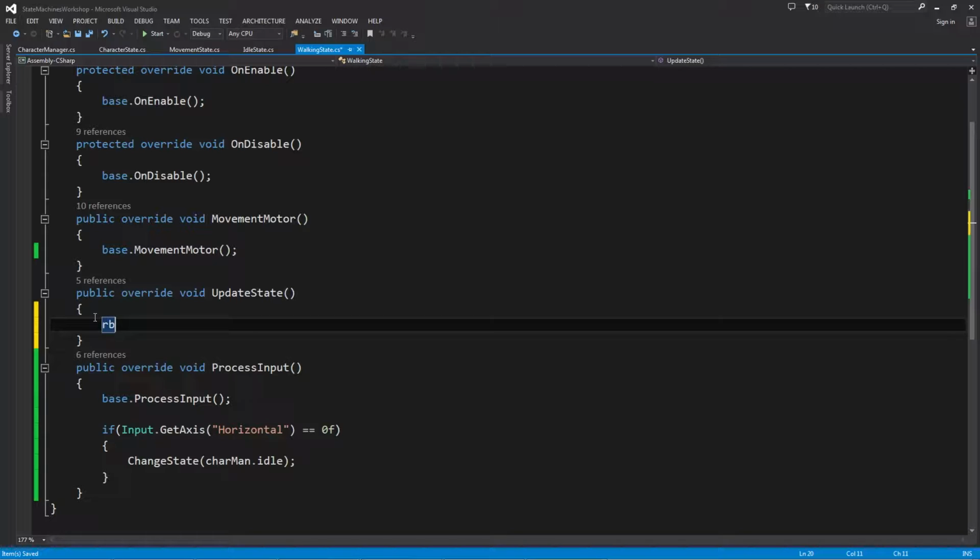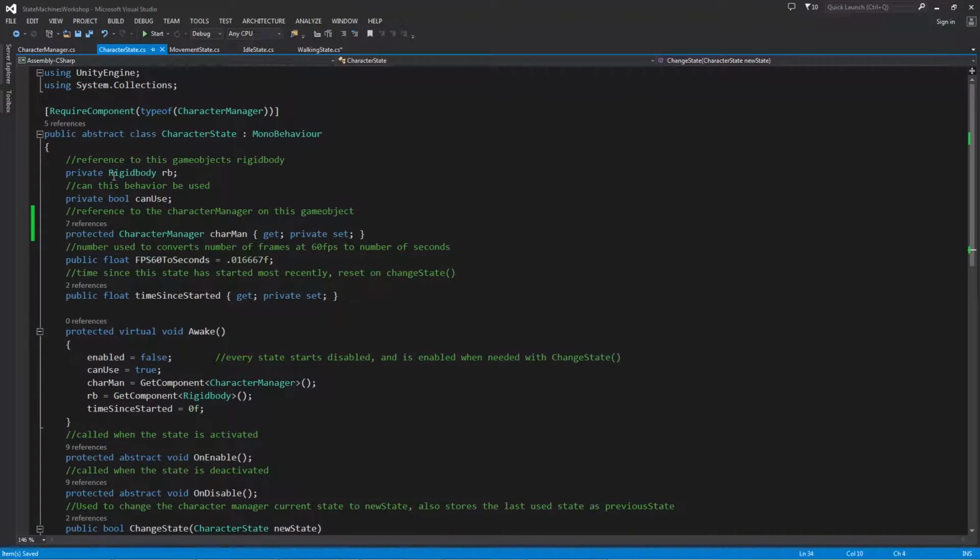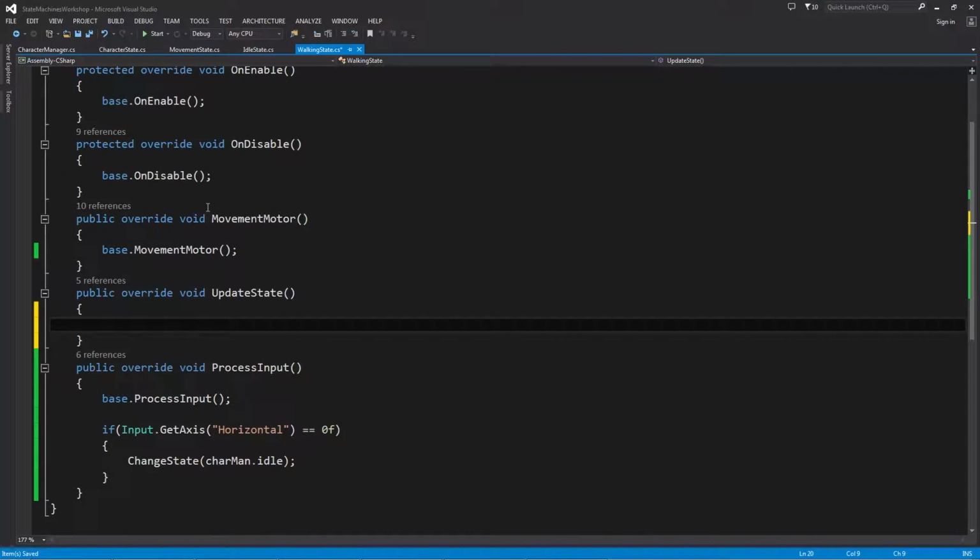So rigid body, I did it again. I'm sorry guys, I pushed before updating from some of the stuff in my reference. We're just going to need to go update in character state. We want our rigid body to be protected so all the inherited classes can see it too. And actually we're going to do that for can use. Got a little overzealous with our private variables. I'm sorry. So just add those to protected so that we can access it later in walking state. And we're going to say rigidbody.AddForce. And let's say